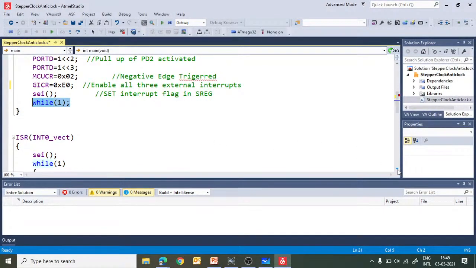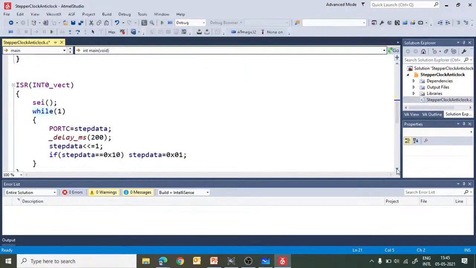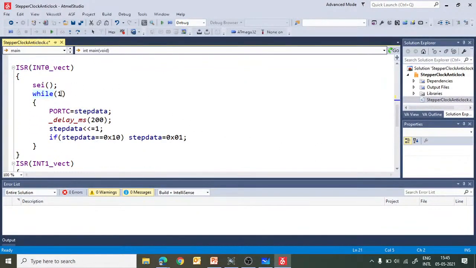So as and when external interrupt 0 comes, the first interrupt service routine will be called. This routine will be called, and I will tell you later on why I have written this SEI here, but this is the main program actually, right?